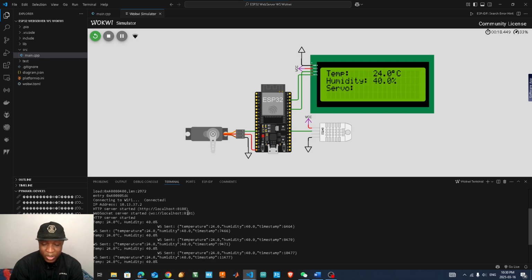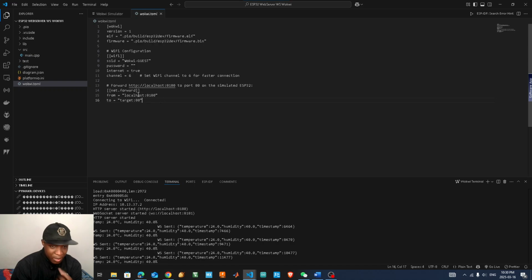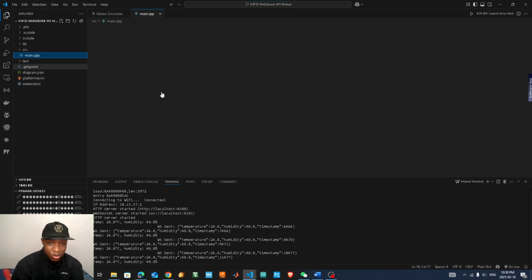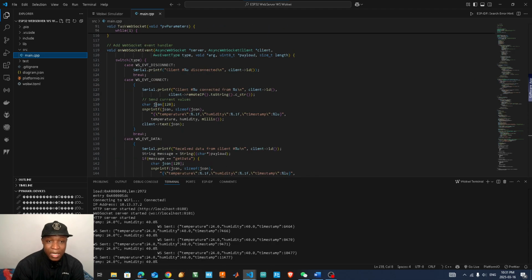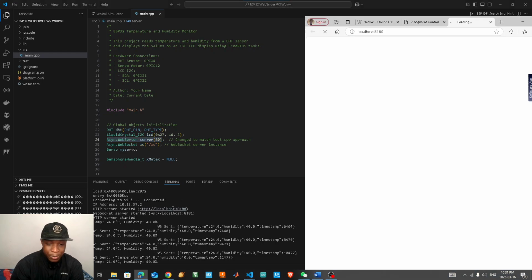So the port is also 8180, and you can see here where I'm forwarding it. I'm getting it from the local host, which is 8180, to our target port, which is 80, and that was also defined in here when we are initializing our object web server, which is here. Cool. So now let's first get to the HTTP